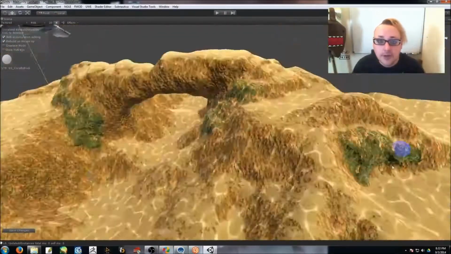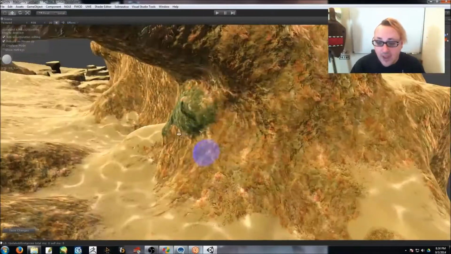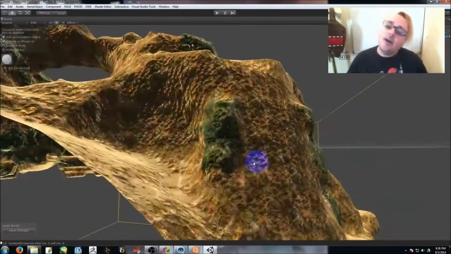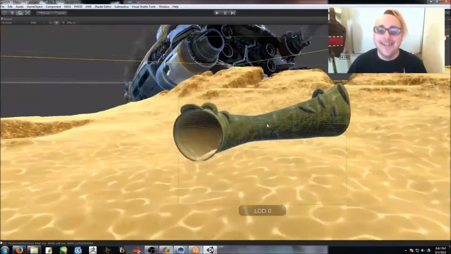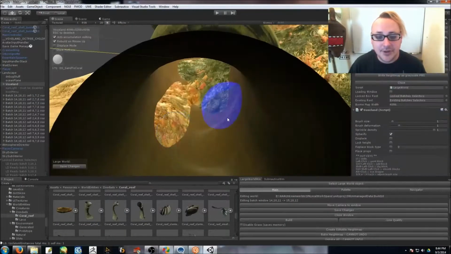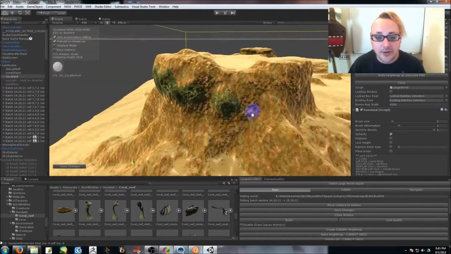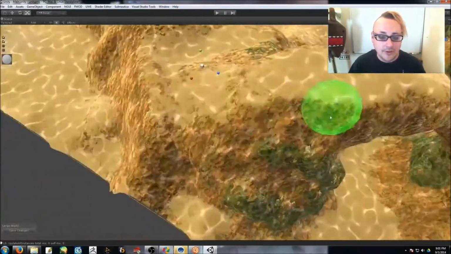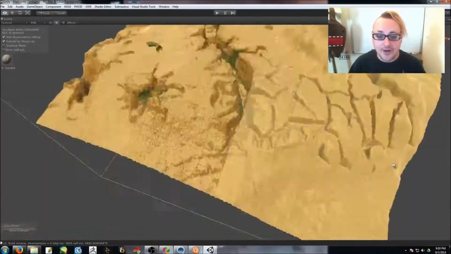Oh, sorry, lack of sleep. But anyway, get some more of the shells in place, getting them to cooperate with the level of geometry. All right, so